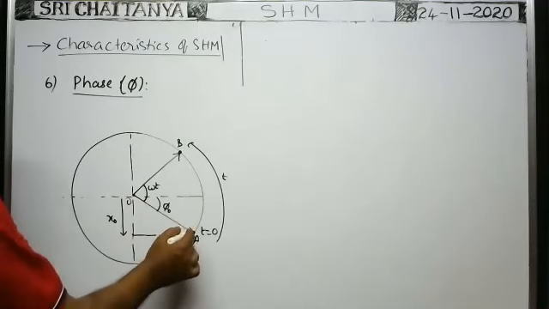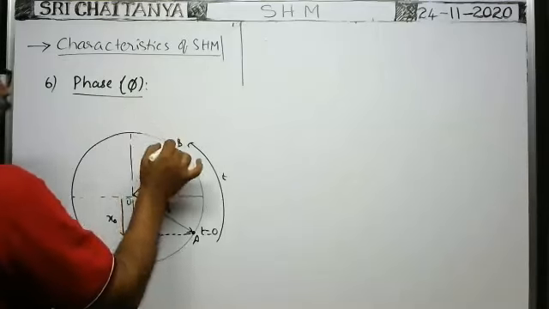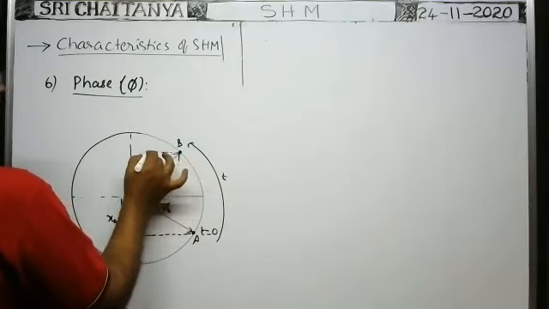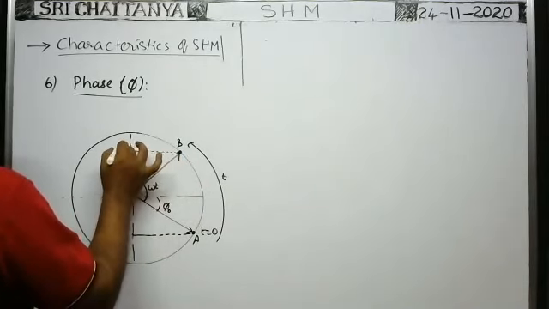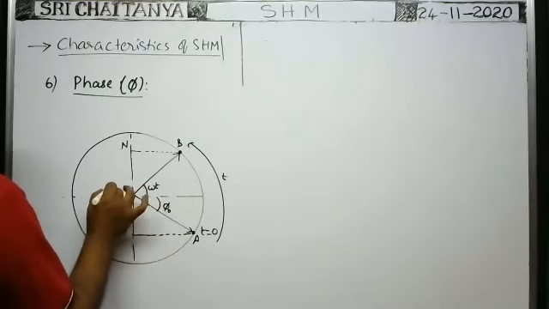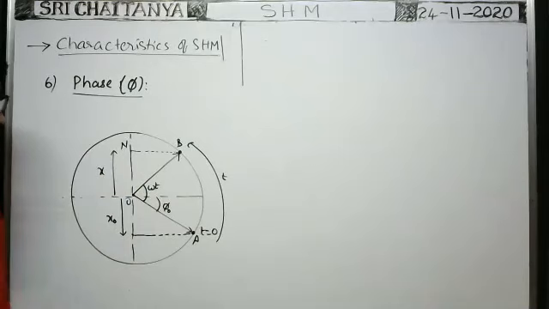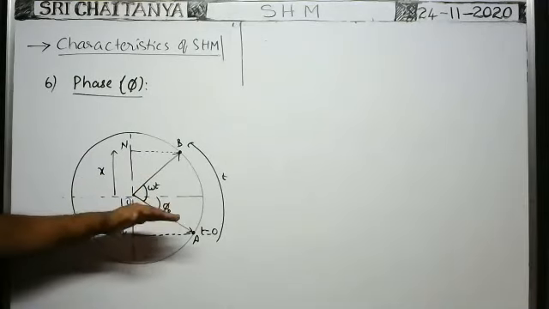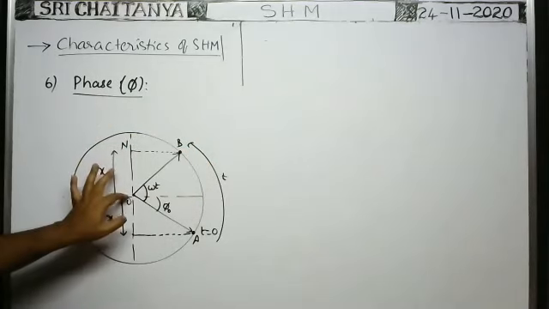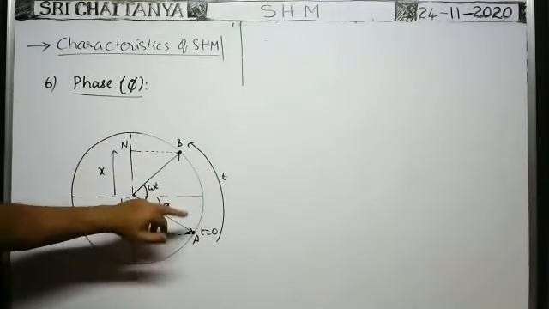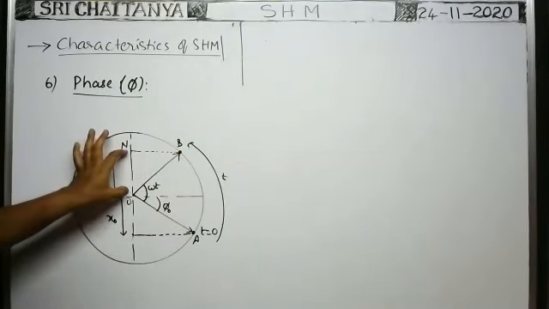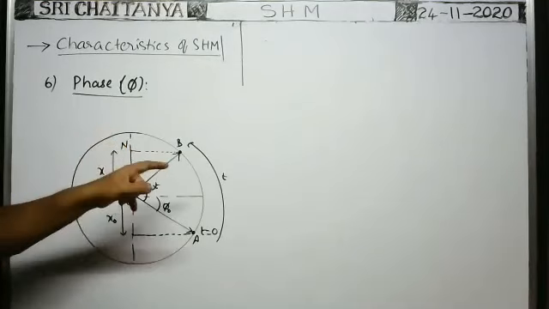Okay, after t seconds, whenever the particle reaches the point here, where does the projection of this particle lie on the y-axis? Suppose you draw a perpendicular line onto the y-axis. The particle's projection lies at this point. So after t seconds, the motion of the particle is considered, and the projection lies at this point, which is equal to say x. When the particle travels from A to B in a time t seconds, what is the displacement of the particle from the mean position? From the mean position, whenever this particle reaches the point here, its projection lies here. That's why the displacement of the projection, which is in SHM, is x in a time t seconds.